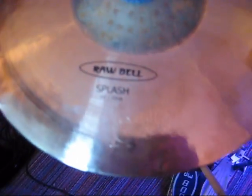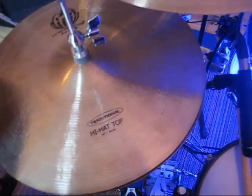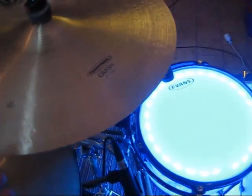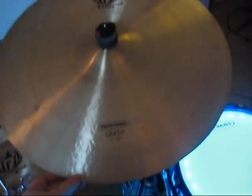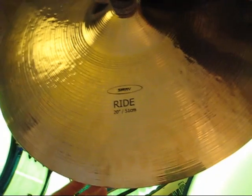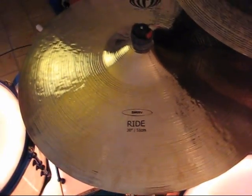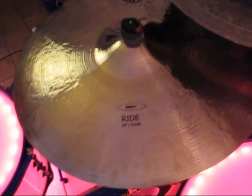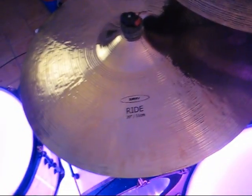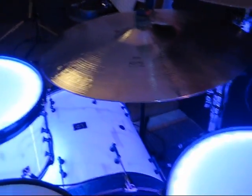This is a Rawbell Splash in 10". My traditional hi-hat in 14". I kind of play around with the cymbal setup, as you can see. Right now I mounted the 19" traditional crash on my left, and this baby is by far my favorite cymbal, the 20" shiny ride. I use it as a crash ride and it's just amazing. It has a very clear crash sound, but also that nice bell sound when needed. I really like the cymbal, that's why I have it mounted here, because it's in the center and I'm hitting